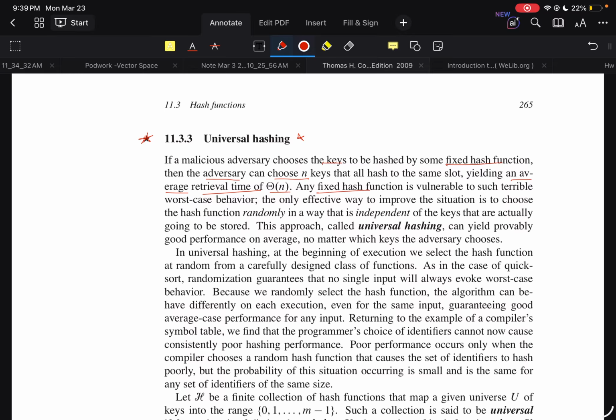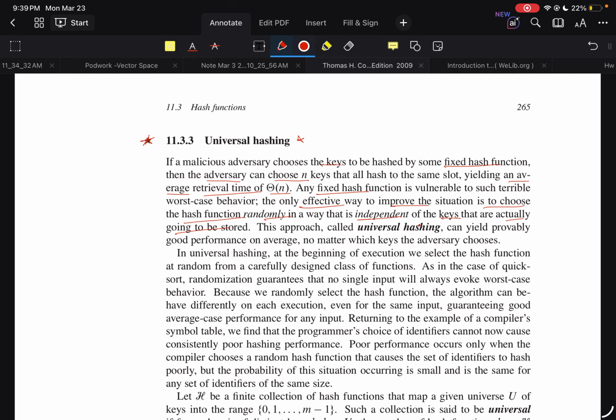Any fixed hash function is vulnerable to such terrible worst-case behavior. The only effective way to improve the situation is to choose the hash function randomly, in a way that is independent of the keys that are actually going to be stored. This approach is called universal hashing. Does that make sense? Basically,